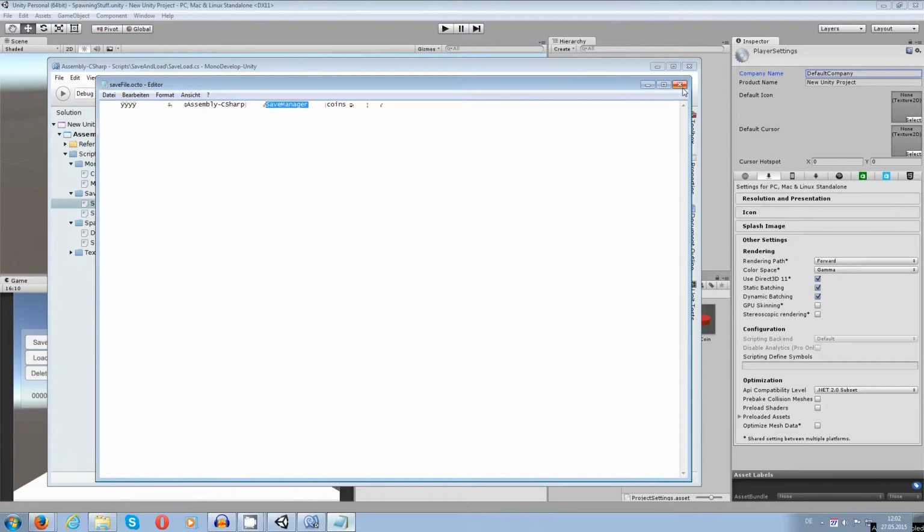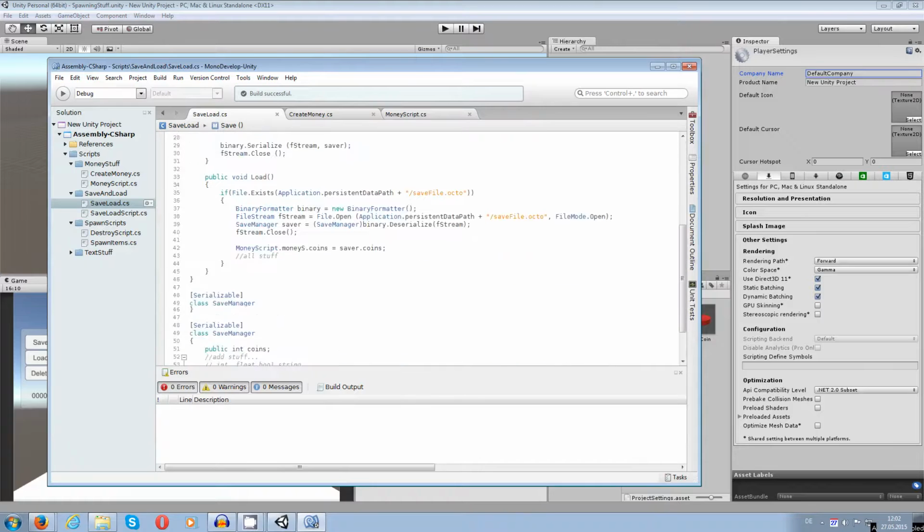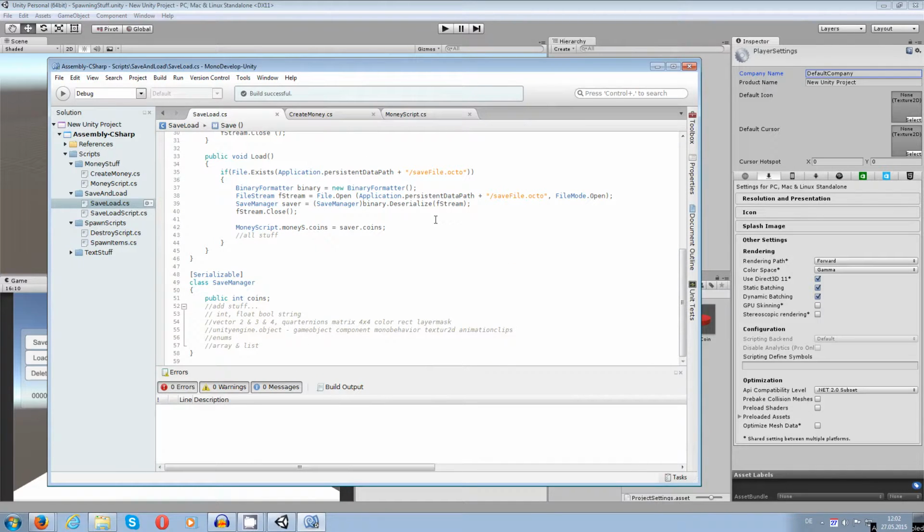But basically, this is not hackable. Yeah, this is very secure. As you can see, no plain data. You cannot see how many coins that player has inside of the save manager stuff. And yeah, this is I don't know, 99% way more secure than